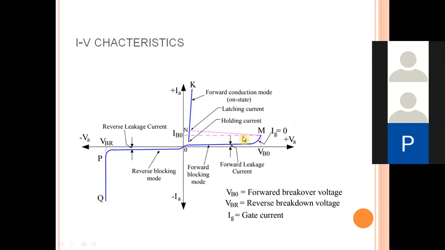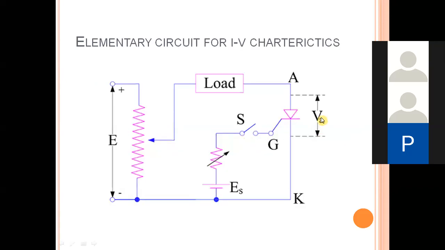Okay, is it clear with this? How to observe the SCR to be in on state, how to observe the SCR to be in the blocking state. When a voltmeter is connected across the two terminals of an SCR, if the applied voltage is shown in this voltmeter, the device is in the blocking state. If this voltmeter connected across anode and cathode shows 0.7 volts or 0.5 volts, the device is considered to be in the conducting mode.